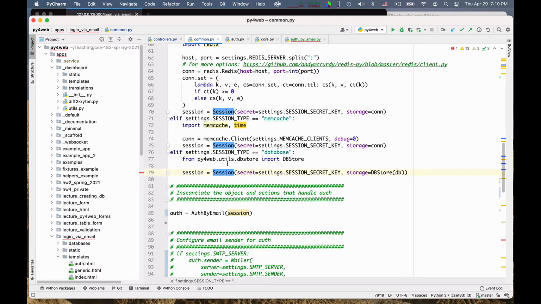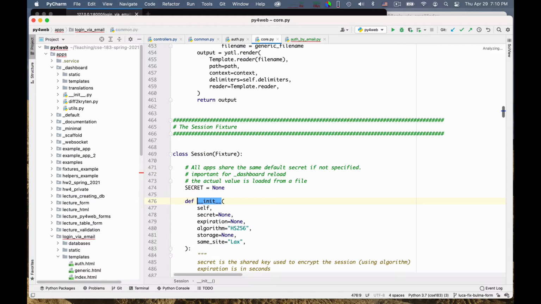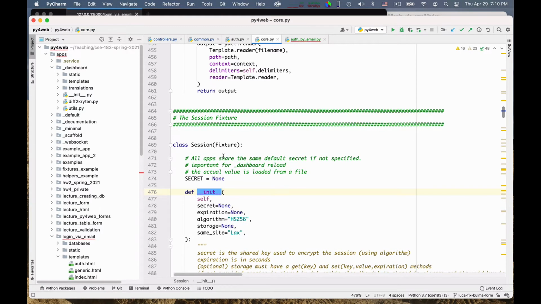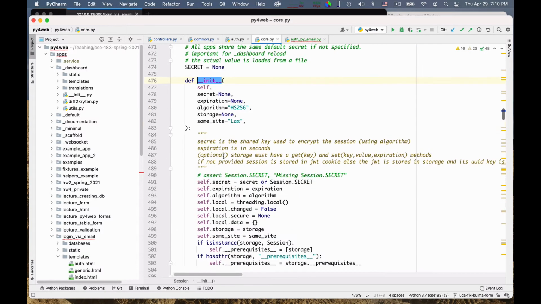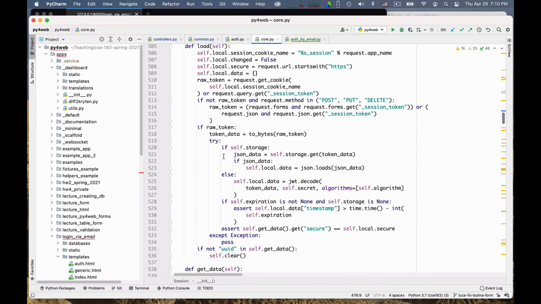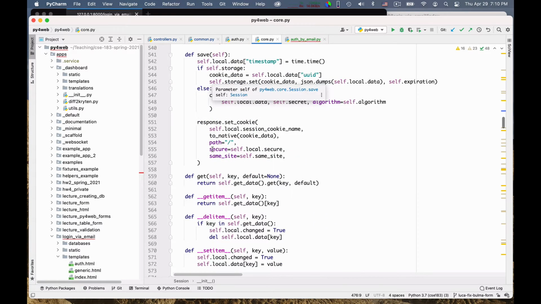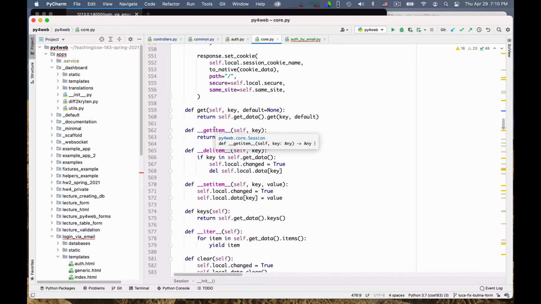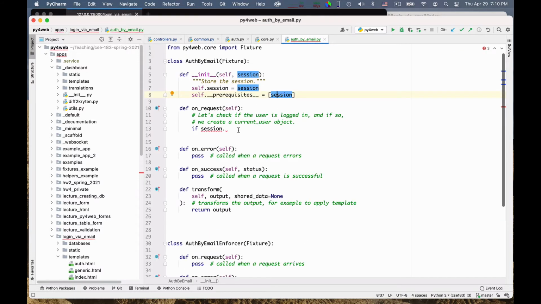So it's created here or there, and we see that the session is a fixture and that it has various methods, but it has this get item and set item that make it behave like a dictionary. Great.